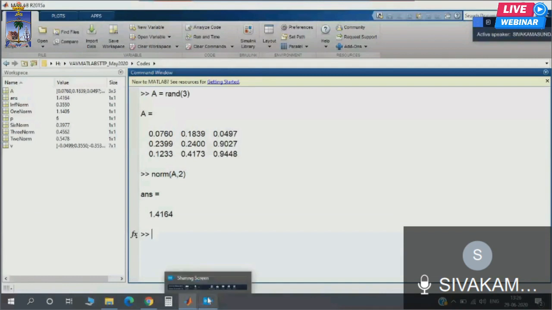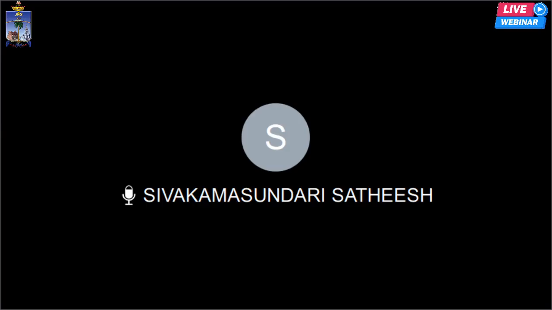Sir, one of our participants, Mr. G.K. Patel, has asked you to give one example to solve a differential equation, sir. Okay, I'm going to show that in the second half, the post-lunch session. Only one example I'm going to show: a simple linear ODE, which is solved by the analytical method and also by the numerical method. I'm going to give that in the post-lunch session. Yes, sir. Thank you, sir.